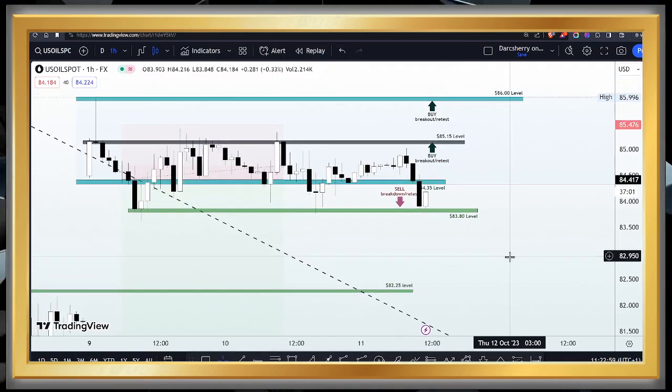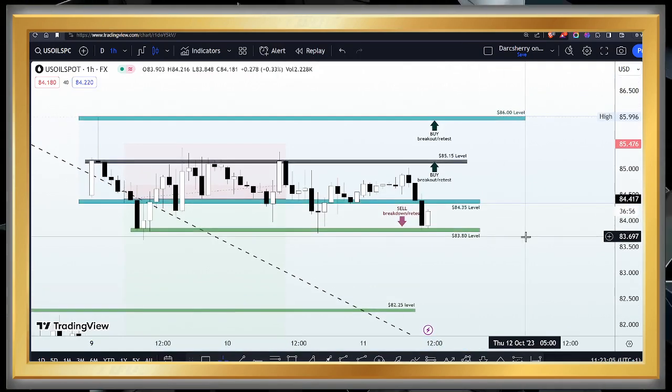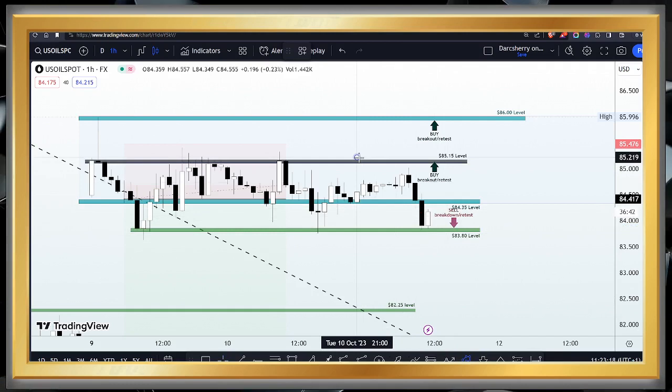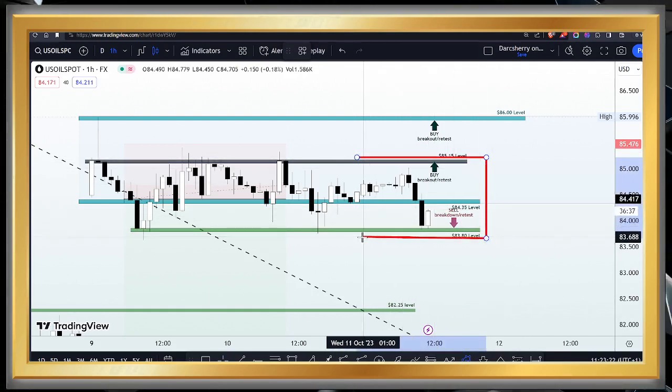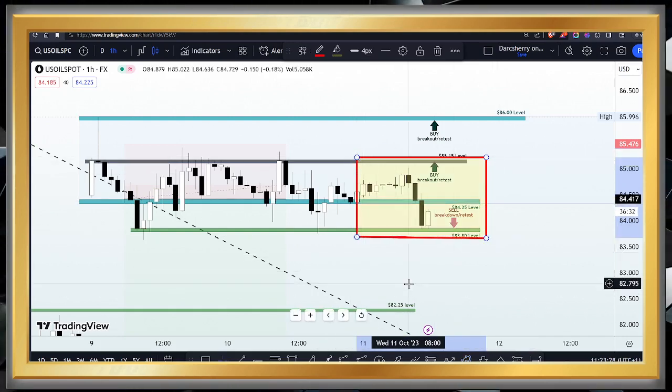So this is my view here on the US Oil Spot for today. Let's mark out these levels on our chart, as we will be needing them as a reference point to guide our independent trading decisions for today. To put it simply, our center of focus for today's trading session is basically between the $85.15 level and the $83.80 area, where the direction of the breakout of this range will be giving us an insight into where price is likely going for today.